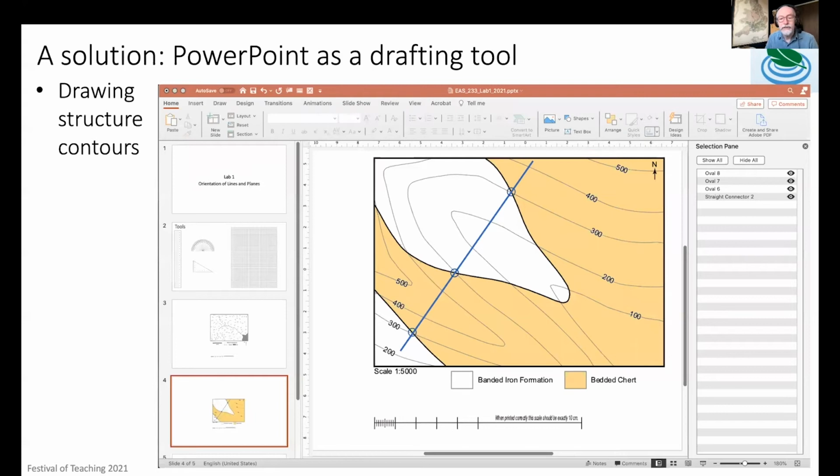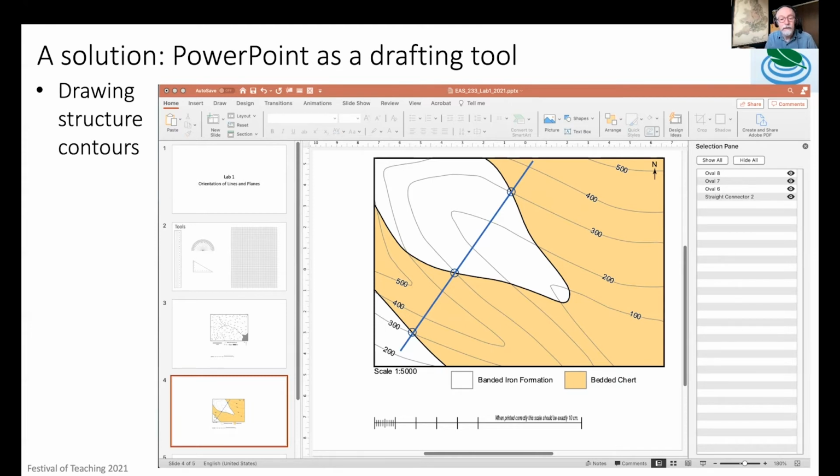So following the suggestion of one of the TAs, we explored doing these exercises in PowerPoint instead of on paper. And I had always been a bit negative about PowerPoint as a drafting tool. It's certainly not as sophisticated as CorelDRAW or Adobe Illustrator, but it has a couple of advantages. One of them is that the students will have free access to PowerPoint. And the other one is that it's simpler to use than a professional drafting program in most ways. So the learning curve is not as steep, and the students, if they've played with PowerPoint at all, have some idea at least of how it works.